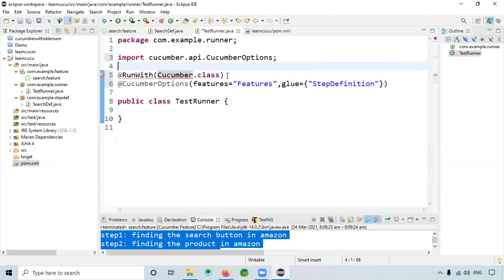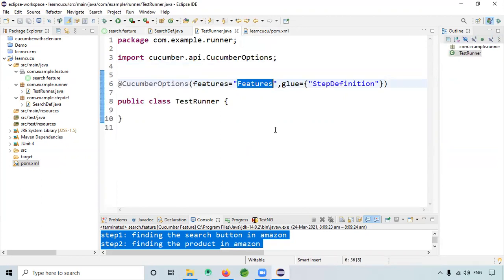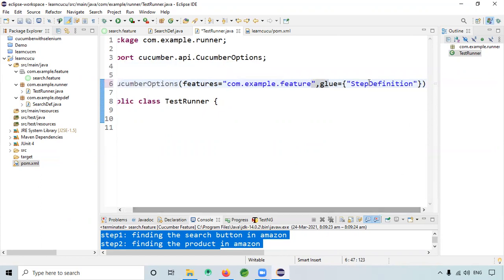I think latest. Let me delete this at least. Okay, I will try like this. Because without this also it ran, right, in the other project. Yeah, it is working. So features I will give here. In our case, that is com dot example dot feature. Okay, glue is